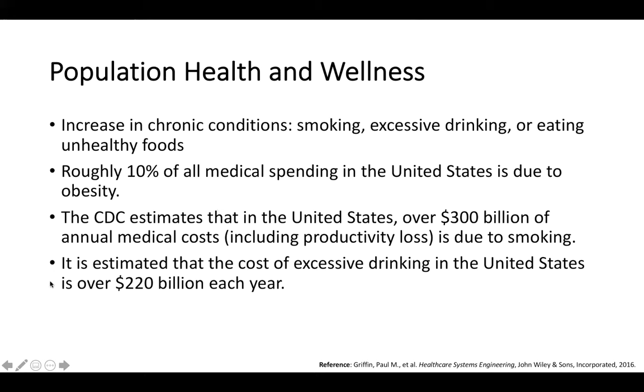However, all of these are preventable. If people can handle their excessive eating or drinking or smoking, they don't develop those health complications, and they don't need the healthcare system. And all these billions of dollars that are spent on these health complications are the ones that can be prevented. That's the one that I think hurts a lot of policymakers and decision makers, because all of that money is preventable, and it's the money that we can spend on education, on infrastructure, and so many other things. But it's the money that they spend on a lot of health complications that can be